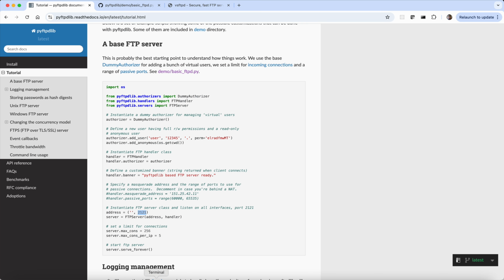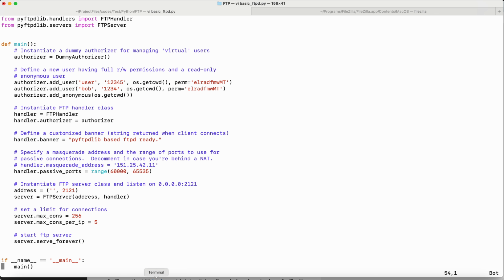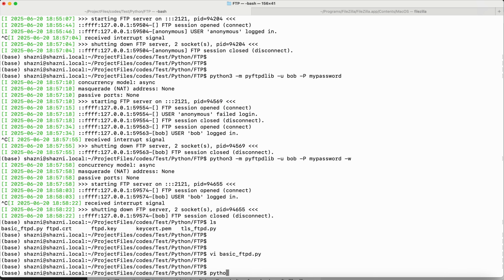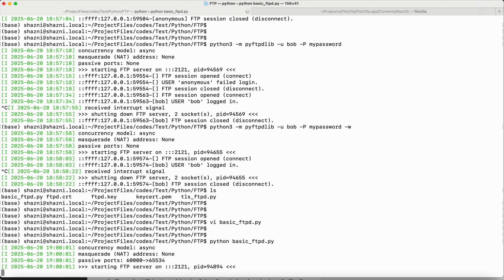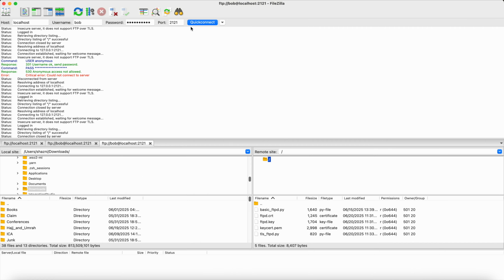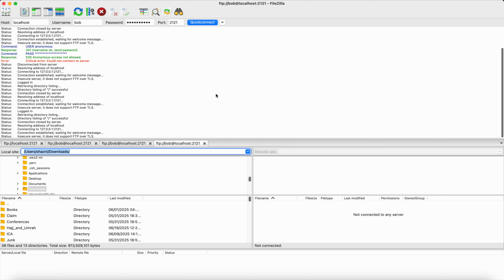which is also available in the documentation as well. Like if I just go back to this, and we have this user, and I also added a new user called Bob with password 1234, and user with password 12345. So this is just for demonstration purposes, so I can just run this with Python basic FTPD. Yeah, it just runs now, and again we can try to connect now with Bob,